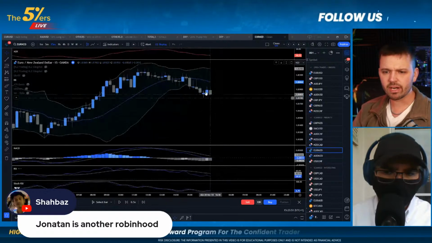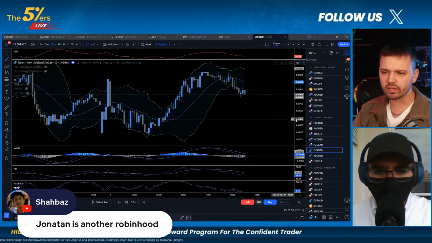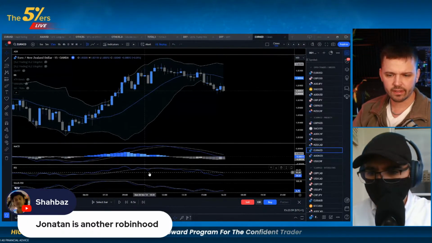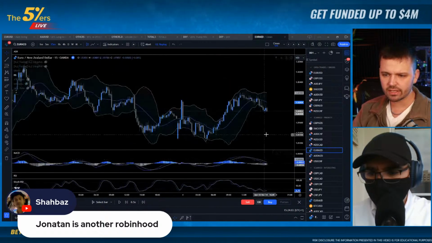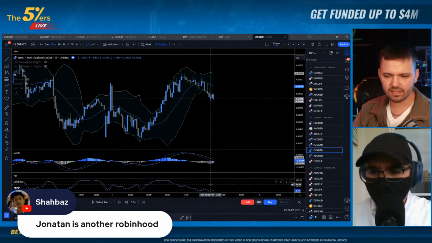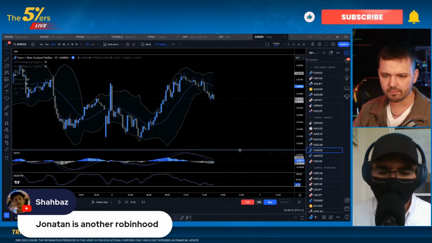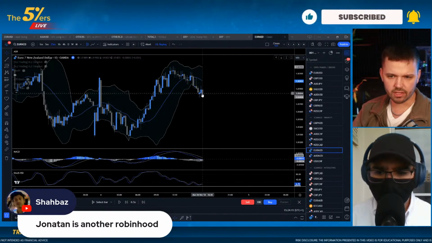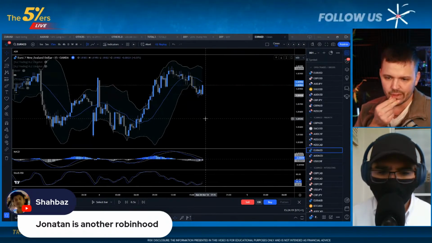So here you have price obviously testing the lower part of the Bollinger Bands. I think we can remove the ADX here. I also want to remove the RSI. If we have the MACD on here as well, so we got the MACD and we have the stochastics RSI. We hit the lower part of the Bollinger Bands here, and then the next candle will be a bullish engulfing